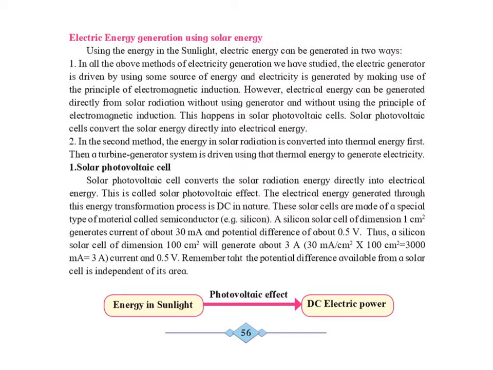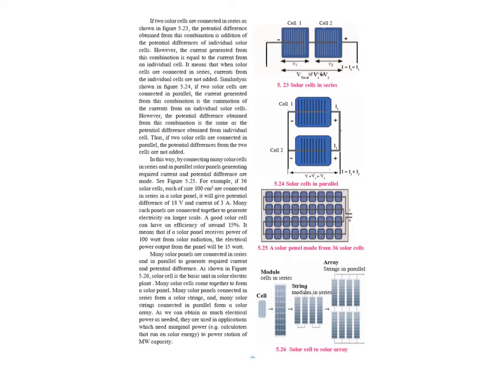It's an important point. So in a photovoltaic cell or the photovoltaic effect, the energy in the sunlight gets directly converted into DC electric power. This is a very important page, and you get many questions based on this page as well as sums. Not only that, you also get questions based on the diagrams given that explain the diagram. So you need to understand this explanation very thoroughly.